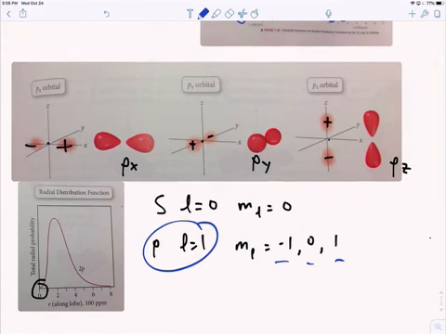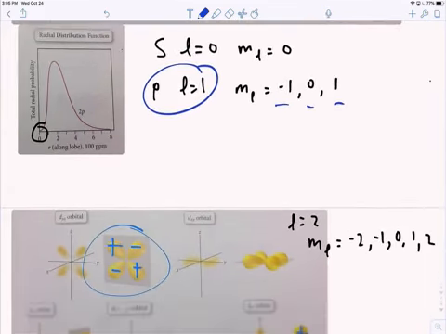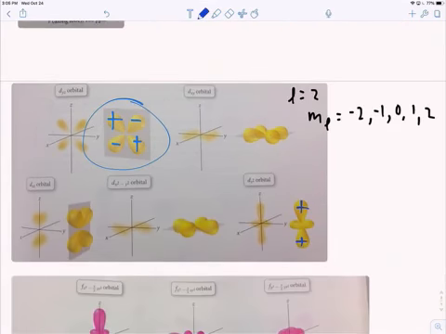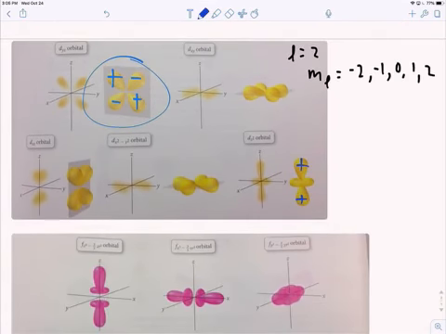And the p's are just perpendicular to each other. P doesn't mean perpendicular, it means principal. Here are the d's, and the d's have the signs as shown. There are 5 d's, and these are the 3D ones pictured. So if you have an axis, you have